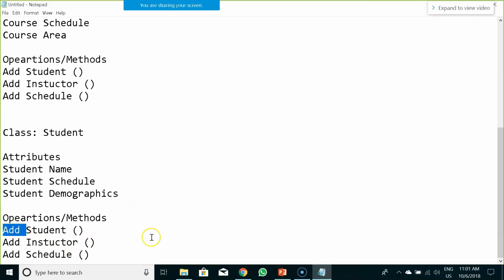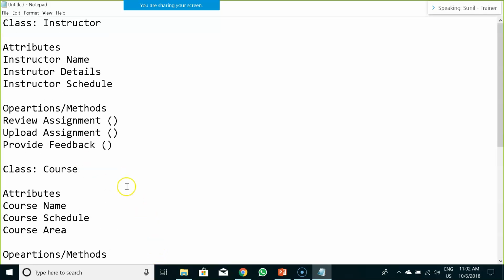Operations would be enroll for a class, submit assignment, map to instructor. Now these are some of the blueprints that we have created for a learning management system.